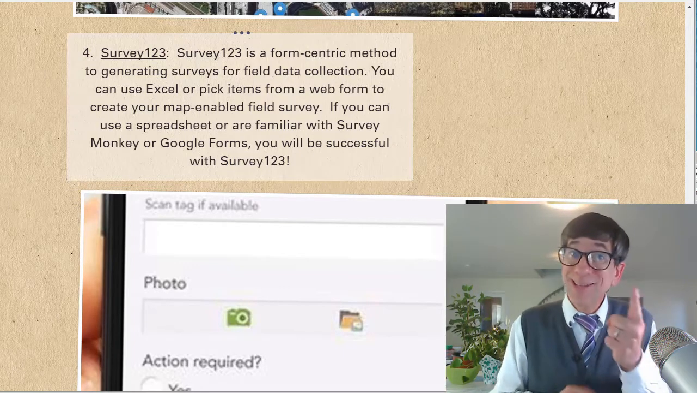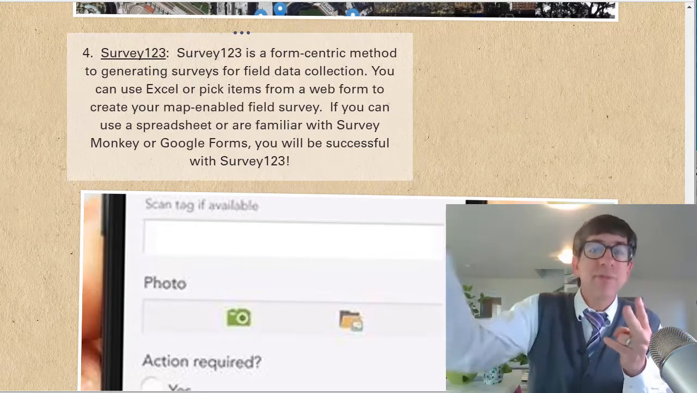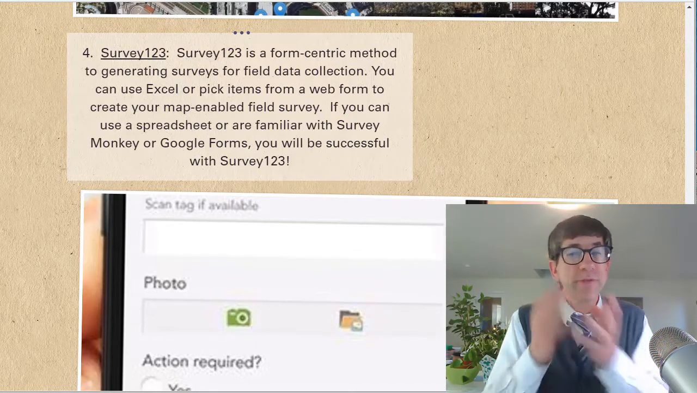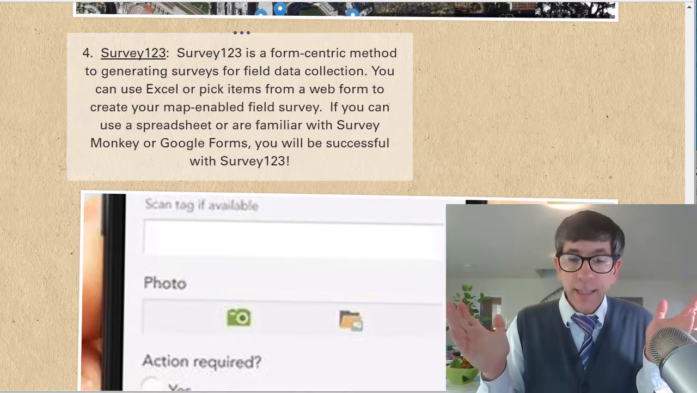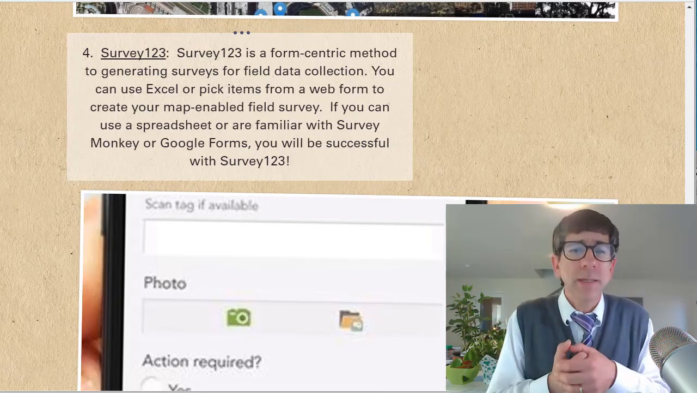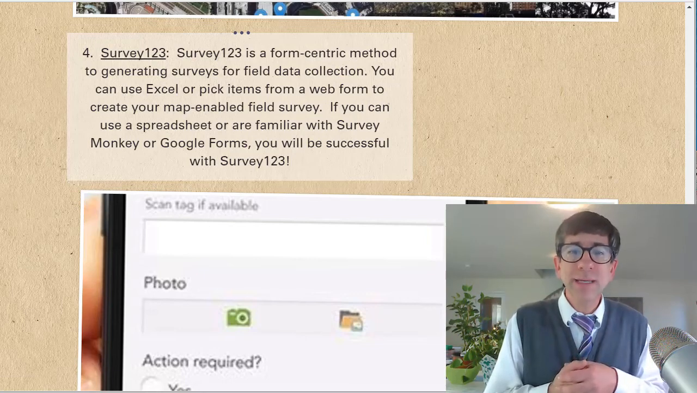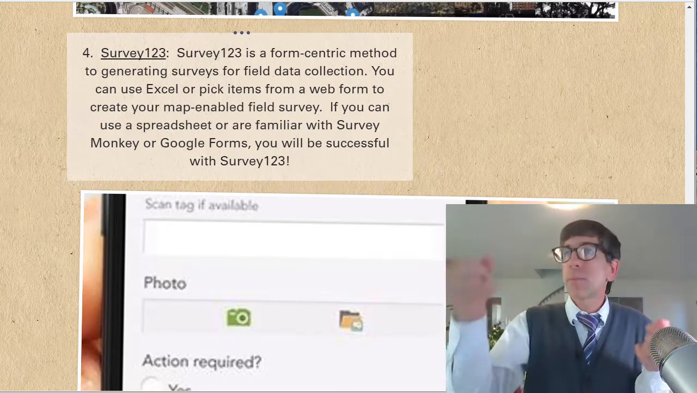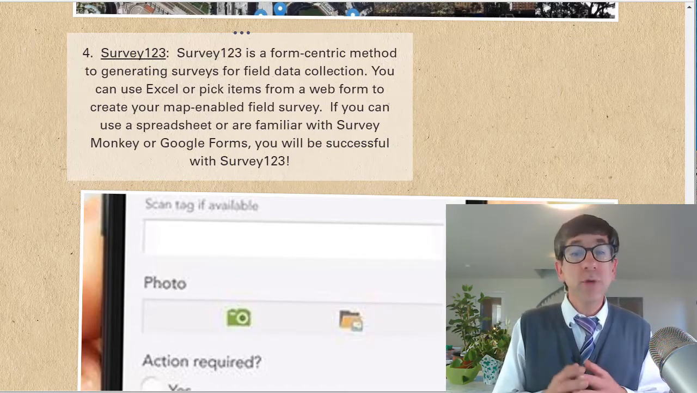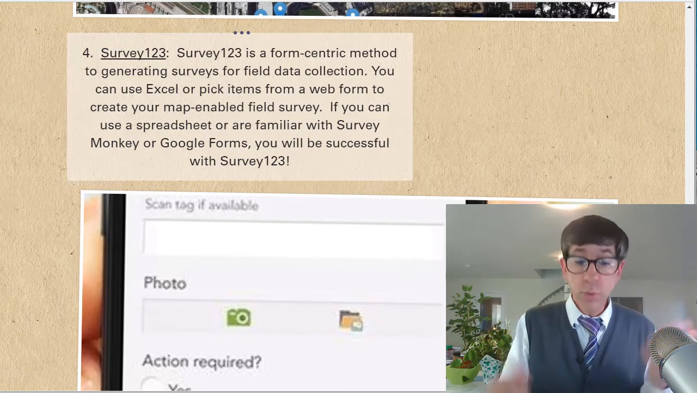You can use either Excel or pick items from a web form to populate your field-enabled field survey. Now, if you use the web form, it's very much like Google Forms or SurveyMonkey or any of those non-mapped kinds of surveys that you may have created in the past. It's as easy as that. Do you want a multiple choice one? Do you want a free text, etc.? True, false? If you can use a spreadsheet or are familiar with these online survey forms, you will be successful